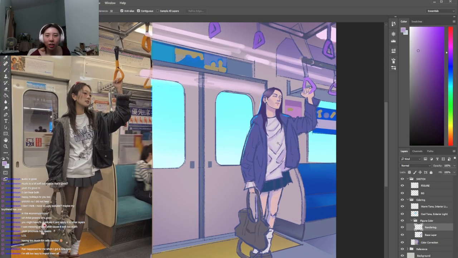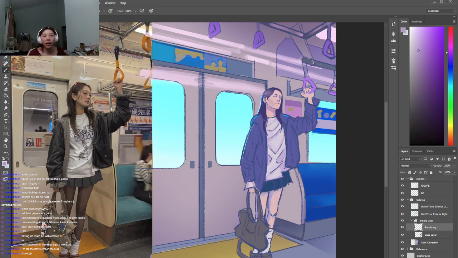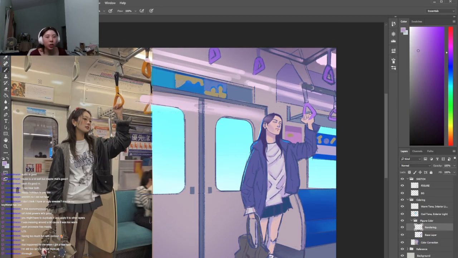Okay, and then color-wise, I feel like you have to decide where you want your dominant light source to be. So you can either have the main light source be from outside, or you can have it from the top, because otherwise it's going to get very, very confusing for the figure. If you want this to be brighter,